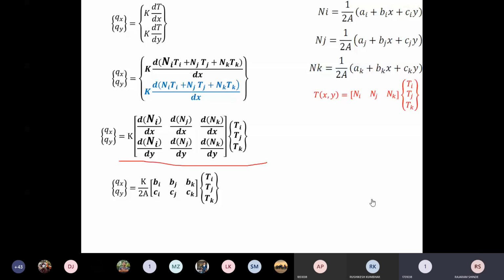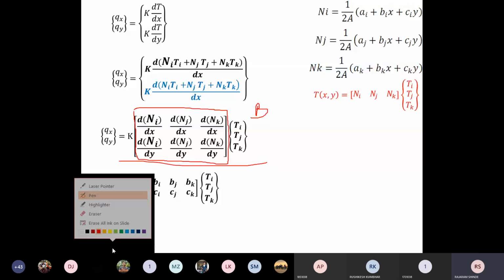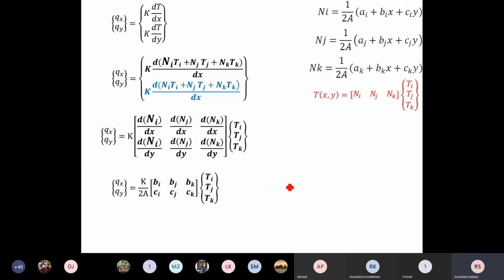No, sir. Okay. Now see here, this Qx Qy, it is written in matrix form. Okay, and differentiation of the shape function matrix. Here we will take this as a B matrix. Why we have to take this as a B matrix, you will get in the next unit. Now when we take the derivative, the derivative of the first term Ni with respect to x is bi by 2a. Already you have calculated. Second one is bj by 2a.